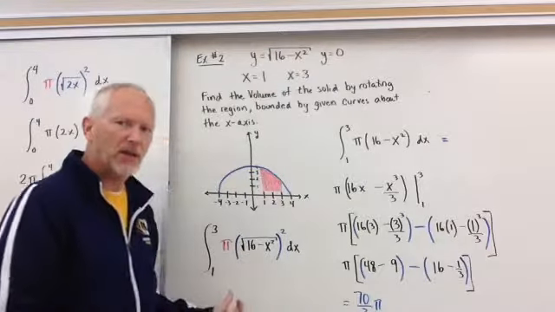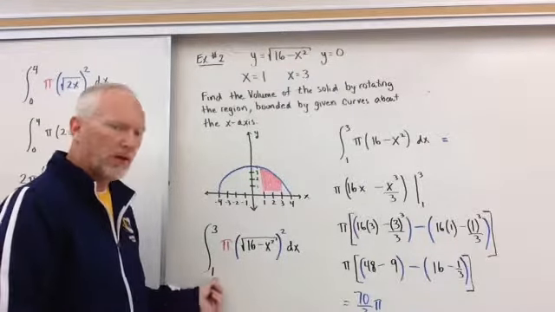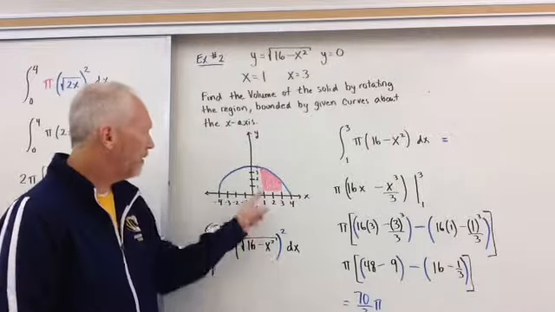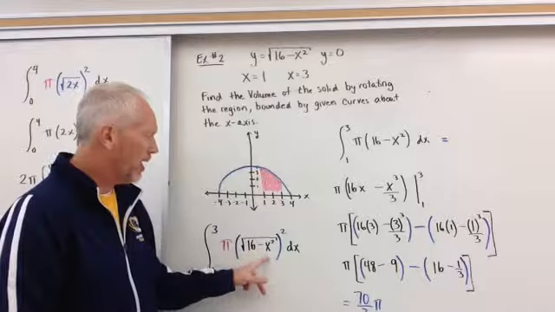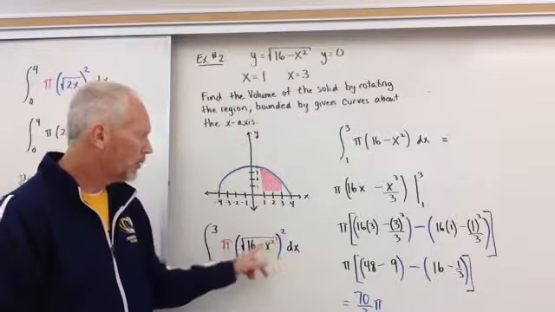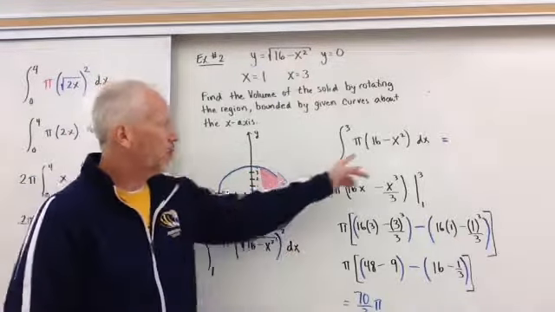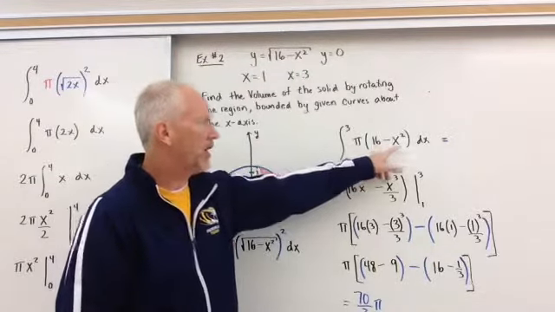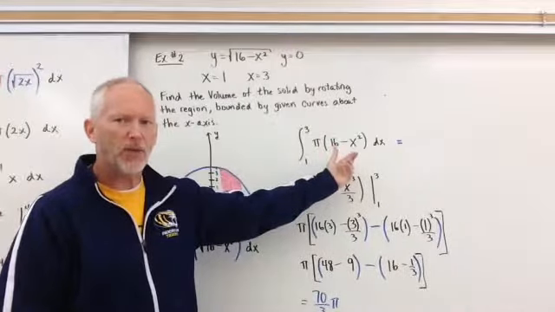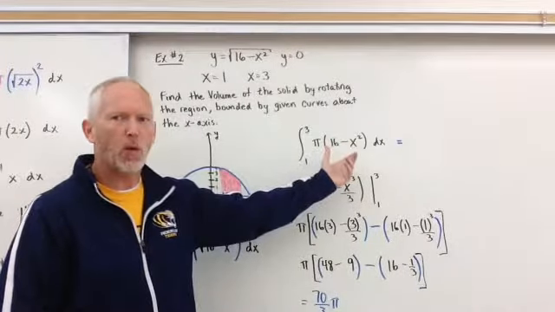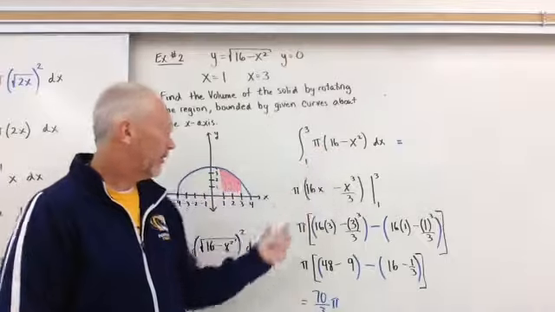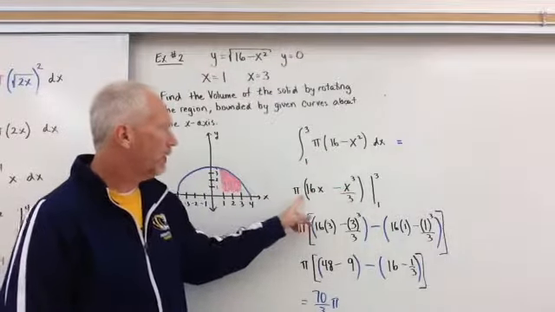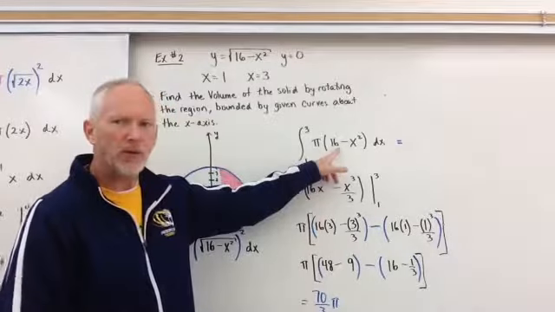So what we've got is the integral from 1 to 3 of pi. Our radius this time is the function, square root of 16 minus x squared. Well, once we square a root, the root comes out, and we get pi times 16 minus x squared. Now, I haven't even taken the antiderivative yet. All I've done is just square that function. So in there, now I can keep pi out, and now I'm going to integrate with respect to x,